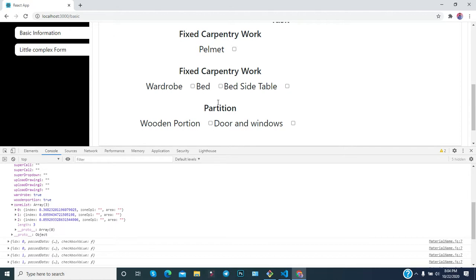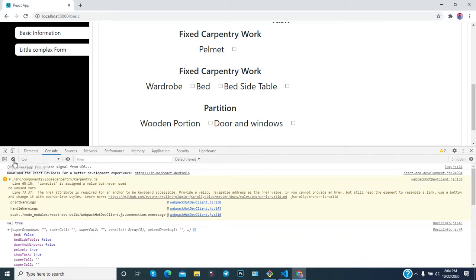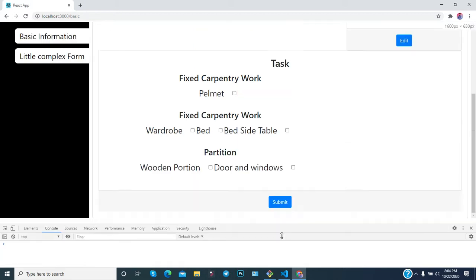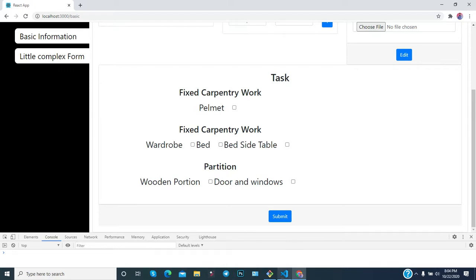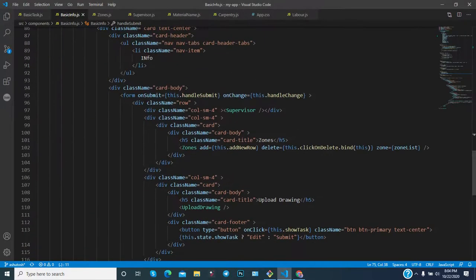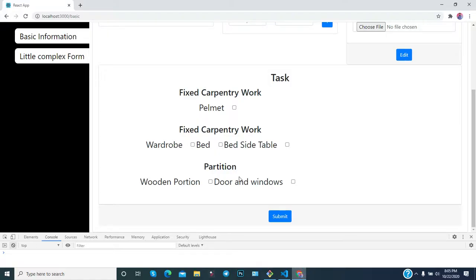So if you check any of the checkboxes, then that value becomes true, and if you click again, then it becomes false. If you check, then it's true, and if you uncheck, then it's false. So in this way you can manage these things. And how you will manage it dynamically is a very important question, because in the form you have used the onChange method, and dynamically everything is setting the state object simultaneously on the onChange method. But how you will manage it in this case will be very interesting.